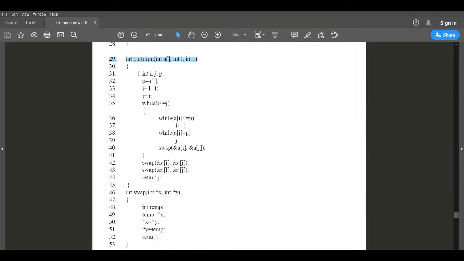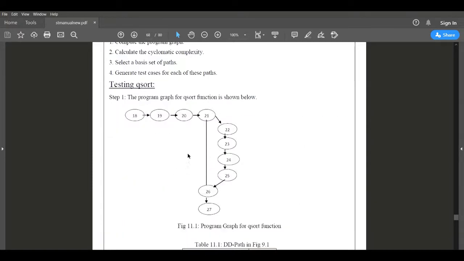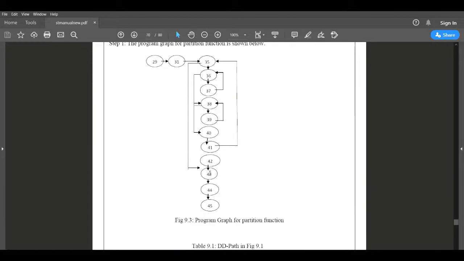So now you can see after 29 I need to execute 30 and then 31. 31 is some variable we have declared, and 32 some initialization is going on. In 33 once again the i value is initialized, the j value is also, and from line number 35 you can see this is the looping statement. This looping statement starts at line number 35 and ends at line number 41. Clear? So with respect to that I will check the condition in the program graph.